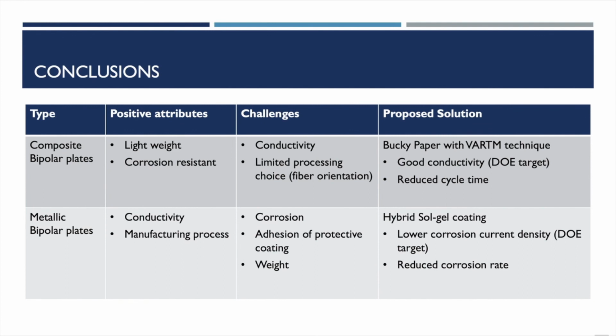In conclusion, we have discussed two types of bipolar plates used in PEM fuel cells for automotive applications. Both of them have a set of positive attributes as well as challenges. To overcome the fiber orientation issues with the carbon nanotubes, we are proposing to use bucky paper for the composite bipolar plates. It has the potential to yield desirable conductivity and can enable more flexible processing technologies for reduced cycle time. For metallic bipolar plates,